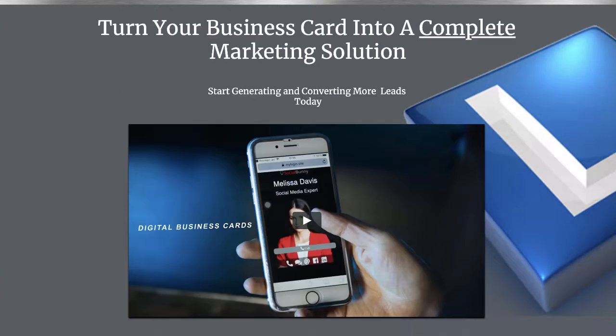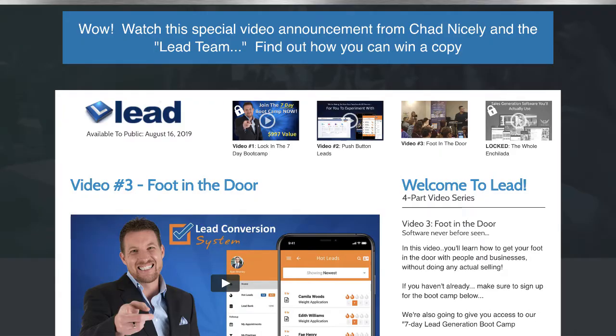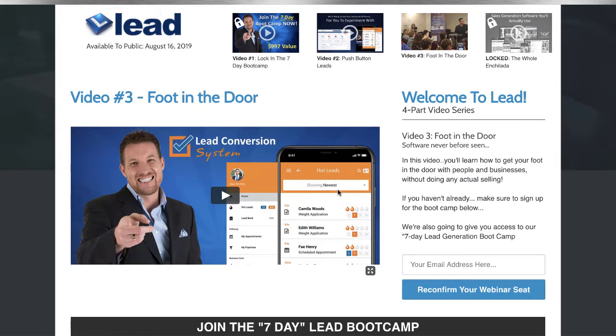Now, right now, the way that they have this set up is very complicated. So, in fact, I have to jump over here, right? And this is the pre-launch page where they're guiding people through the process. This is a very typical setup. You have 4 videos leading up to the launch day. They release one video at a time, and tease you with a little more information about what the product can do, or what you'll be able to do once you have embraced this type of system